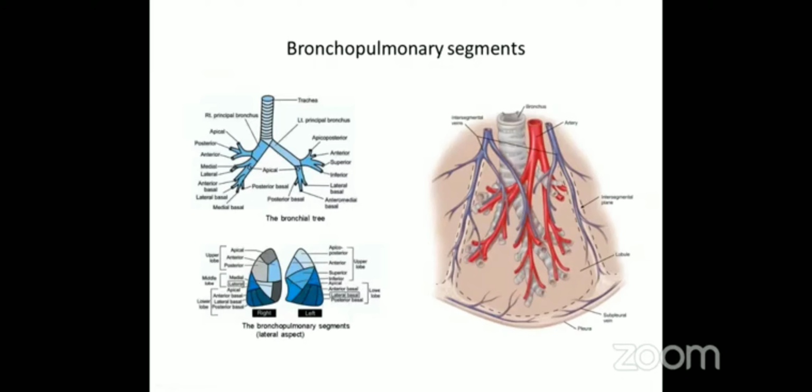Now, don't forget about the applied importance, why it is important. Only that segment you can resect out during certain diseases. So that is about the bronchopulmonary segment. Now, coming to the